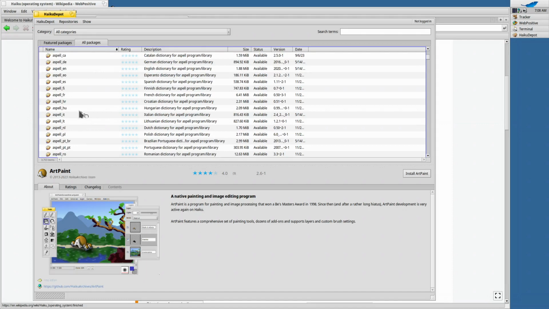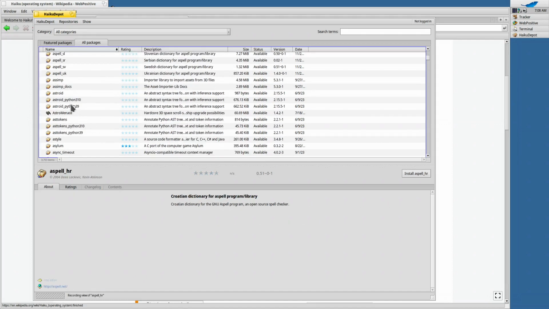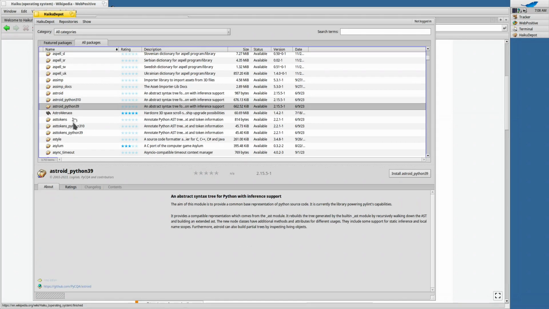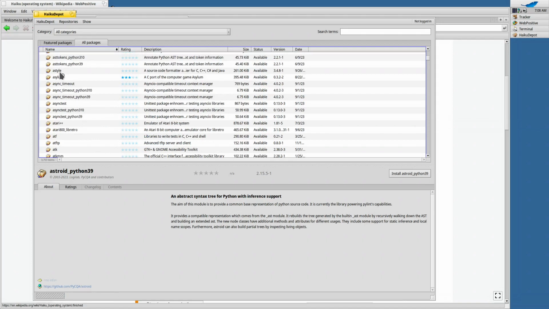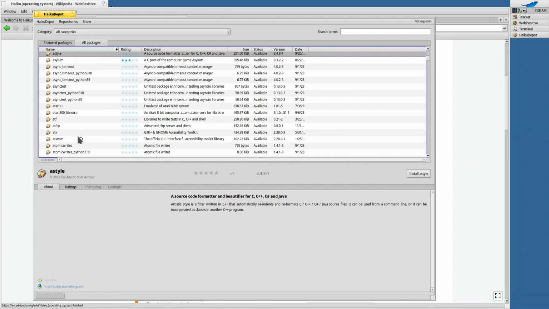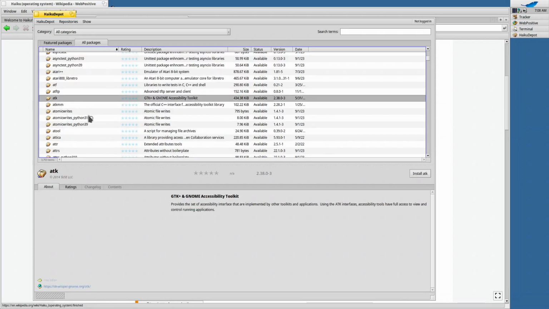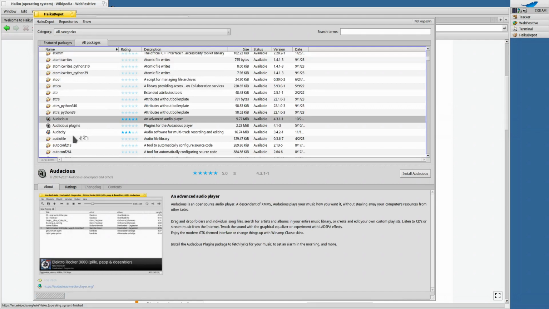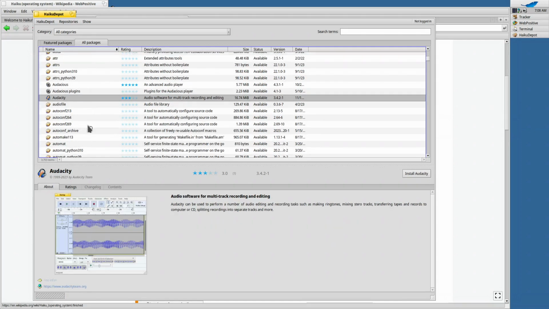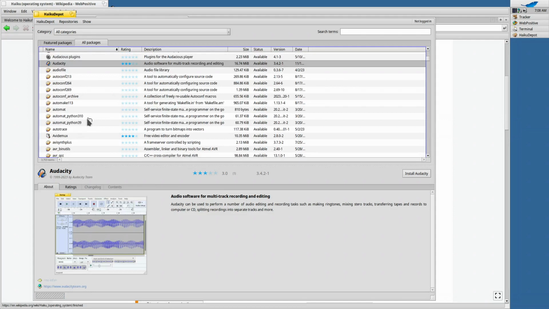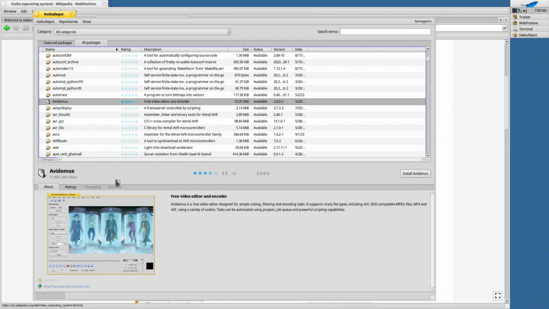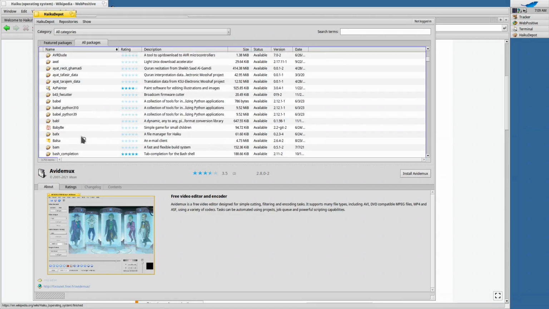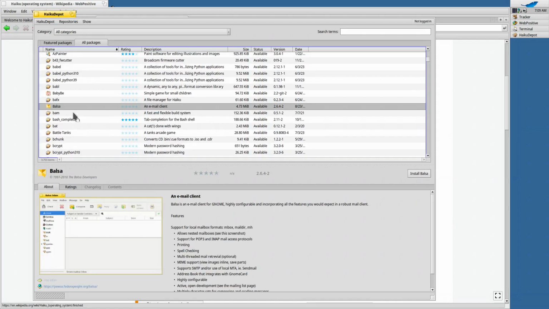Okay, so let's see what's available here. Spell checkers, games, C++ code style, the GNOME GTK suite of packages, Audacious, which is an audio player, Audacity, which is an audio editor, Avidemux, a video editor and encoder, email client,